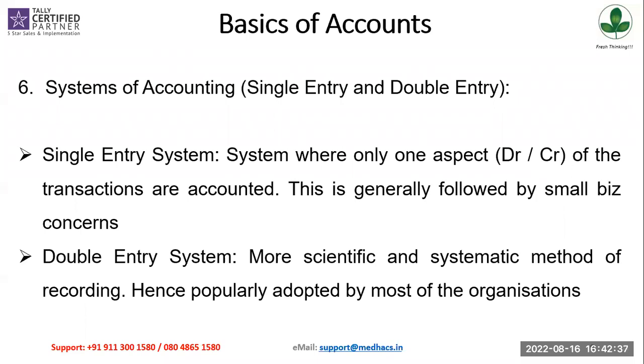And at the end of the day, I'll say, okay, today I sold 4,500 rupees worth of flowers, because that is the cash I've earned at the end of the day. I'll say, this is the sales that I've made. I'm just writing this in one small diary, which is in my pocket. So this is not a double entry system of accounting. It is just a single entry system of accounting, and this is generally followed by small business organizations.